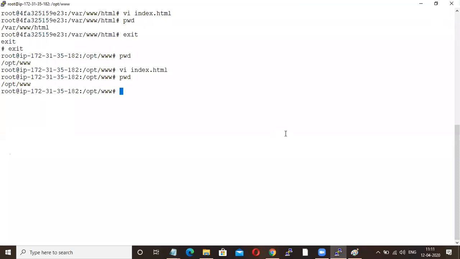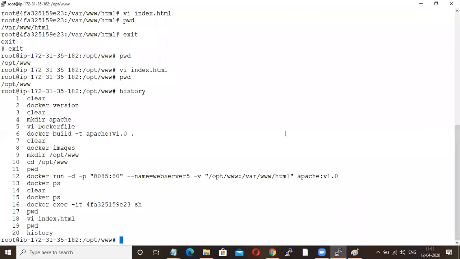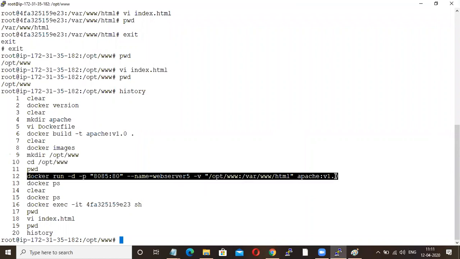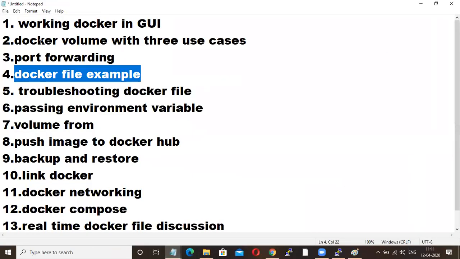This we call a Docker volume. -v is nothing but Docker volume. Fine. So this is my first use case.